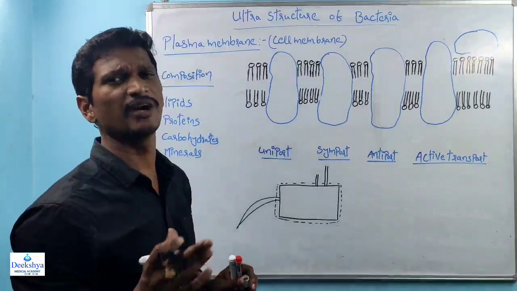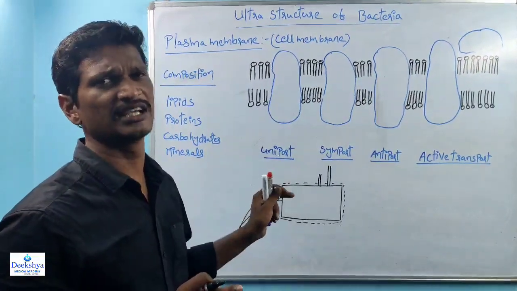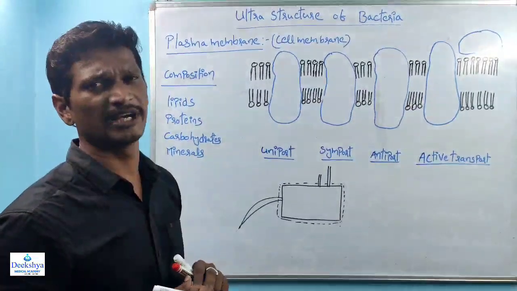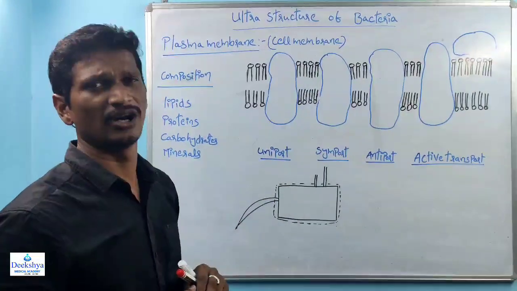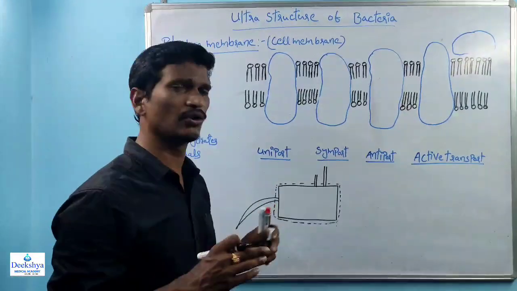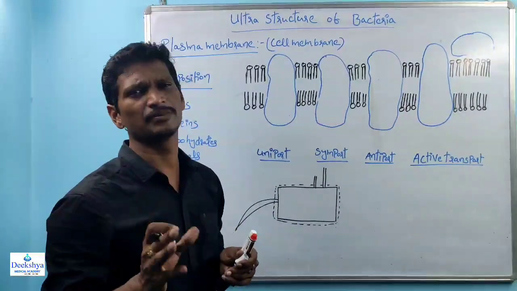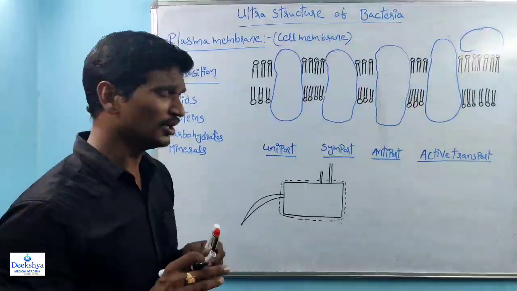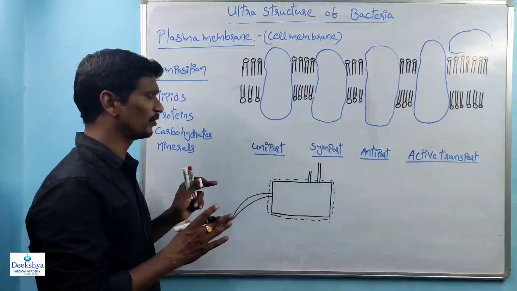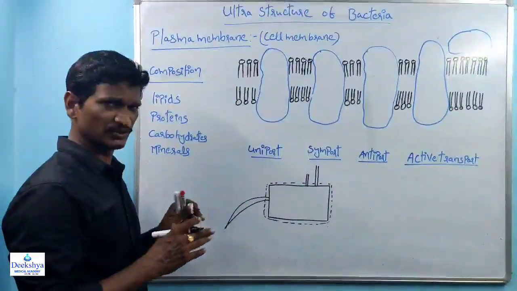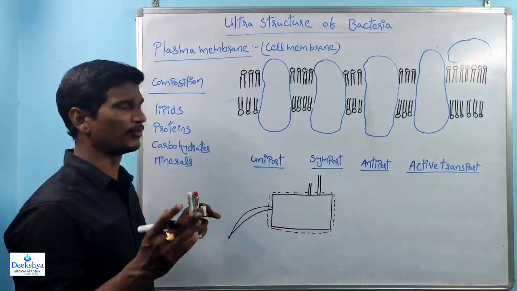Remember here, during favorable conditions, the glycocalyx layer or slime layer is there, right? During unfavorable conditions, the glycocalyx layer or the slime layer is replaced by a thick coat. The thick coat is called the capsule or capsid, right? So here we discussed whatever analog parts are there. We already completed the analog parts.